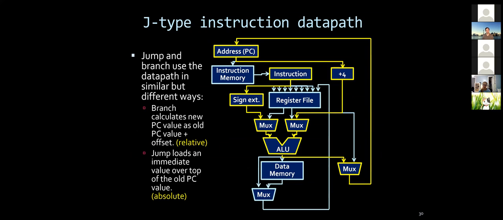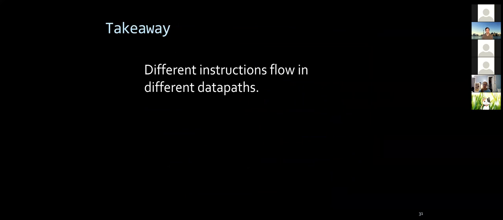Jump and branch instructions use the data path similarly, but they use it in different ways, so that's something I want to highlight. Branch and jumps are conceptually very similar, and they use a similar data path. If you look at what the J instruction does, it has a very similar data path to the branch instruction. The key difference is one is relative and the other one is absolute. The absolute one loads an immediate value over the top of the old PC value. So that's where the difference is, relative versus absolute. Okay, so the key takeaway I want you to remember